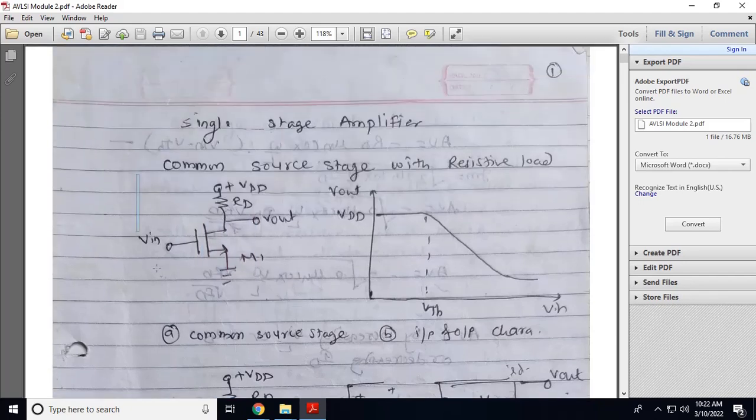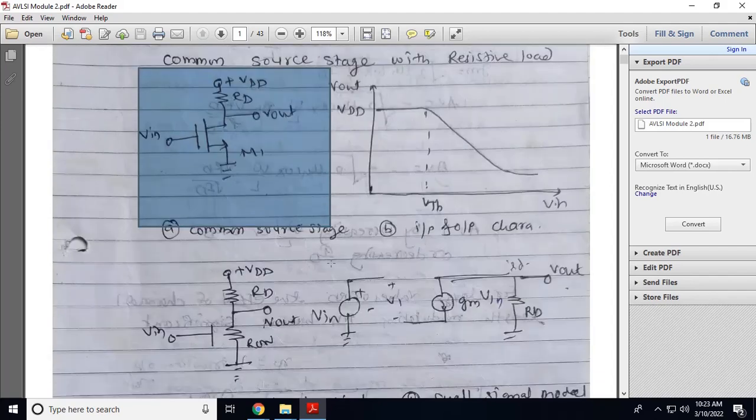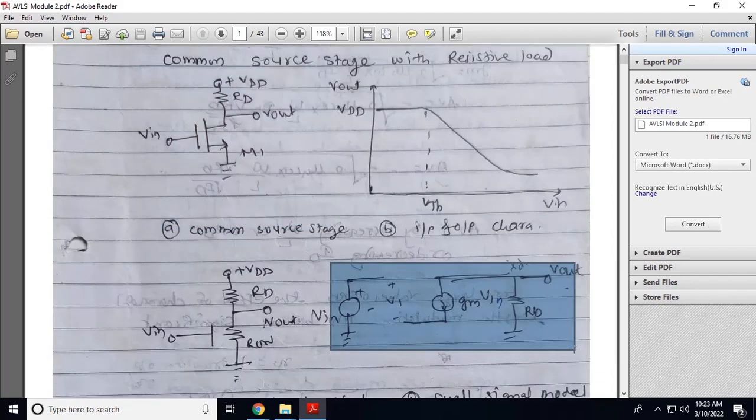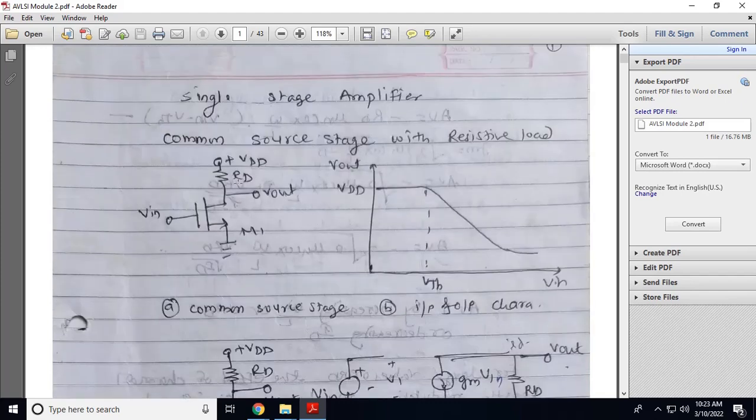For the amplifier, the voltage gain equation is important, because voltage gain is equal to output voltage divided by input voltage, but we need this equation to calculate the output voltage. Output voltage is equal to gain multiplied by input. So we need the voltage gain equation for the given circuit. We can draw a small signal model for a common source amplifier. See how to draw the small signal model? Make VDD ground, because the small signal model is useful for AC signals, so we will make the DC supply ground.